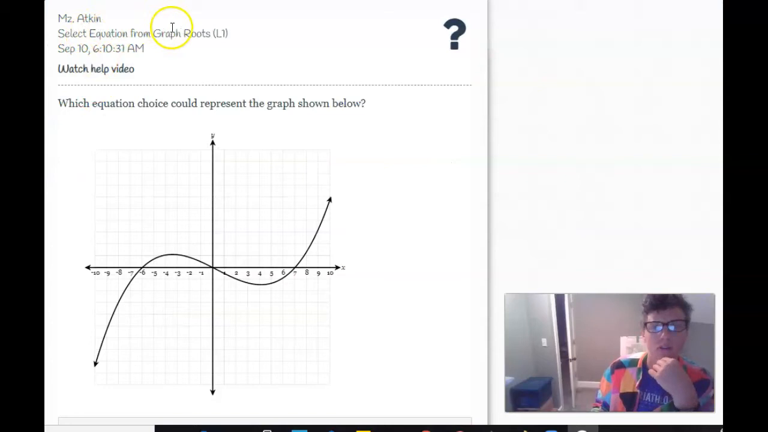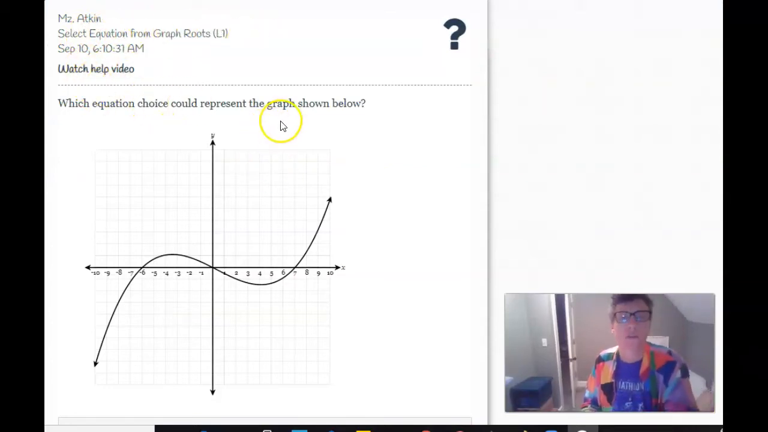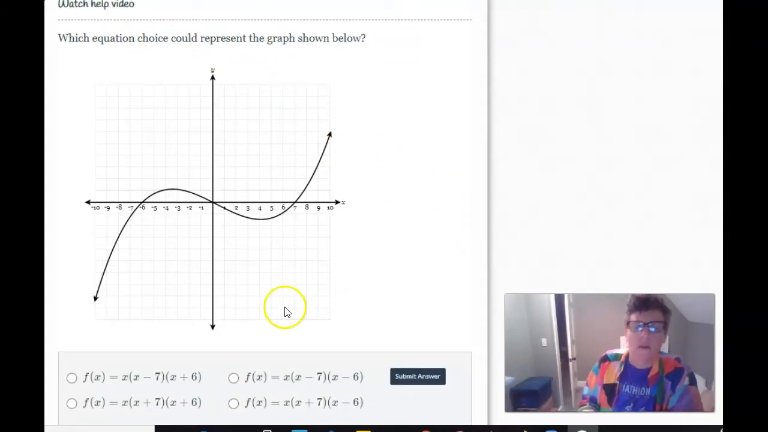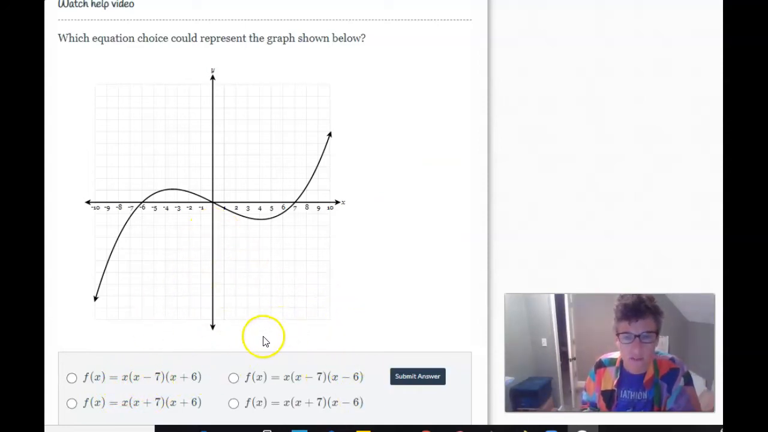Select an equation from the roots, level 1. Which equation choice would represent the graph below? Okay, so these are in factored form. Gotcha, and they're going to relate to the zeros here. So remember, when we're in factored form, we set each of our factors equal to 0 to solve for